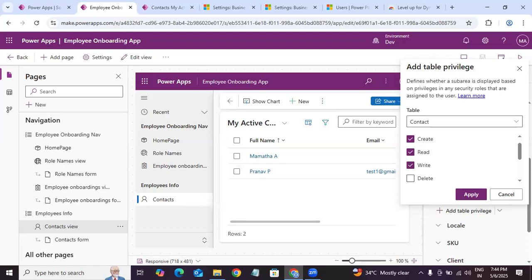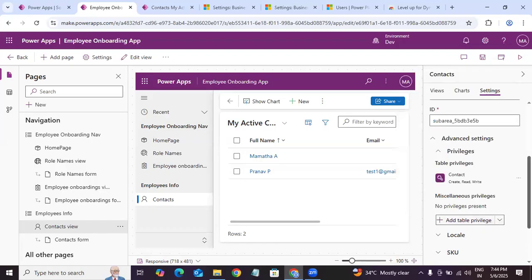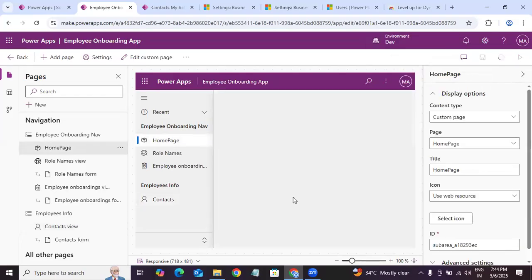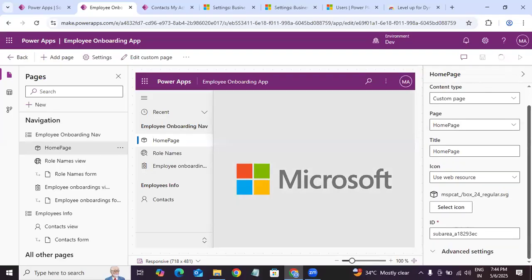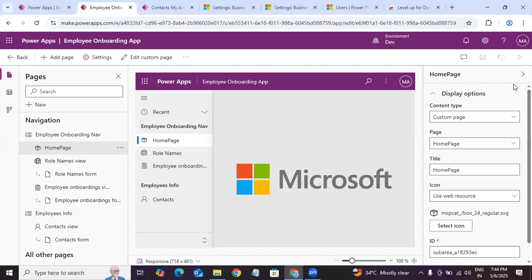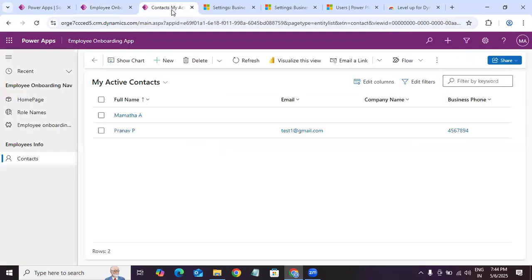So I'll click on create, read and write permission. I'll select it. Okay, now these privileges have been added here. I'll save it. Okay, I have published it. Now if we go here,